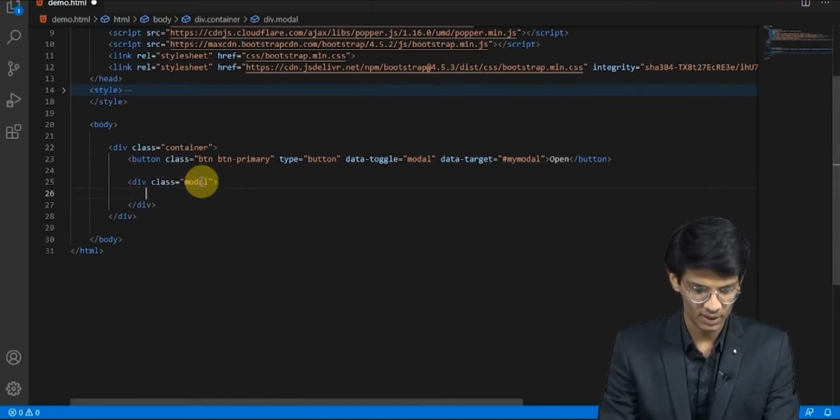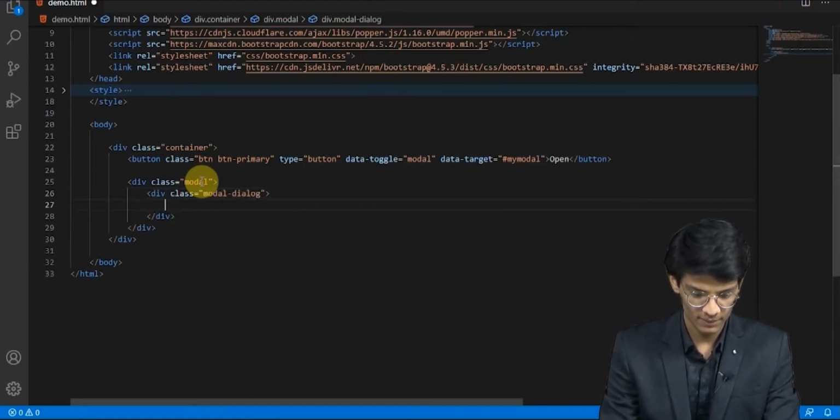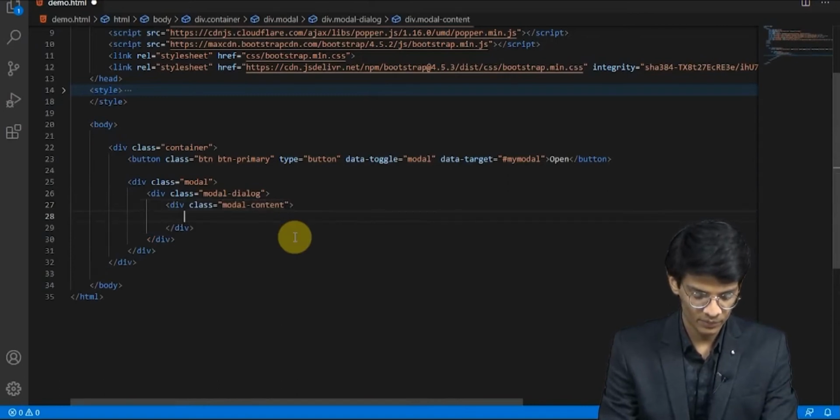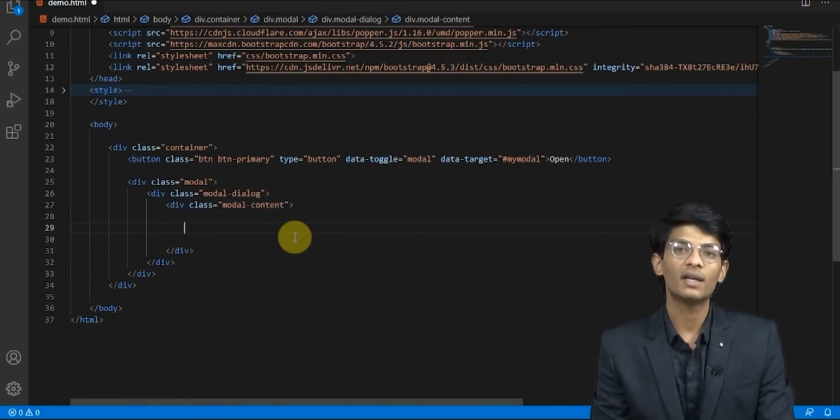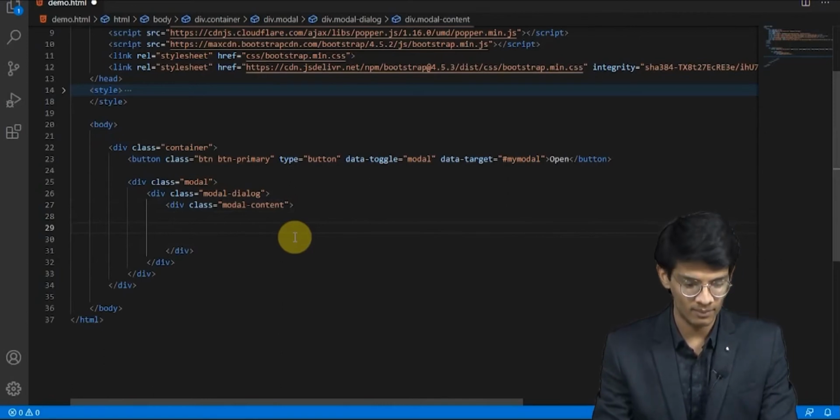Div class modal. In that particular div, we will write another div class modal dialog, and in that we will get another div class modal content. Okay, now inside this it will be separated like we separated the card, with the card header, card body and card footer.